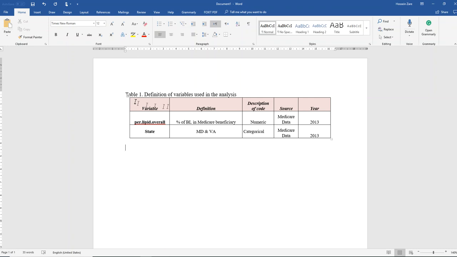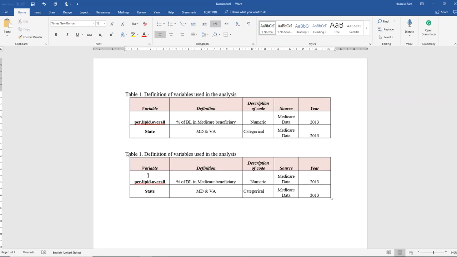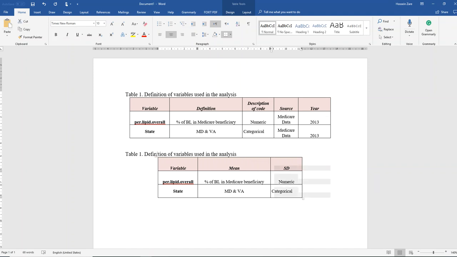You could have a similar table here to report the mean and the standard deviation. So we don't need this one. The name of variable is percent of lipid in Maryland, percent of lipid in Virginia,